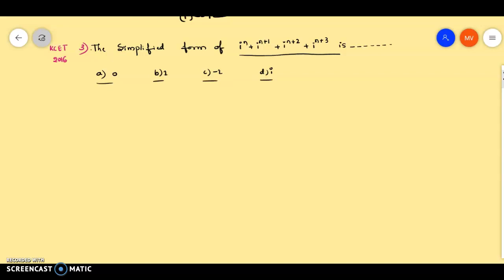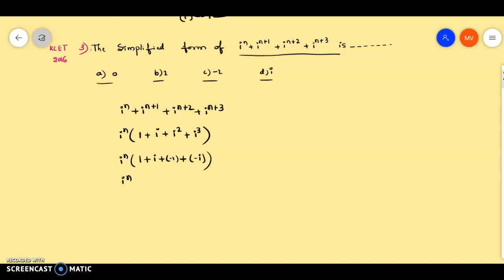Let's check this out. So I can write my question as i to the power n plus i to the power n plus 1 plus i to the power n plus 2 plus i to the power n plus 3, right? Let us take out i to the power n as a common factor here. So what is left is 1, plus i, plus i square, plus i to the power 3, right? So that is i to the power n into 1 plus i, plus i square value, which is minus 1, right? Plus i cube value, which is minus i,